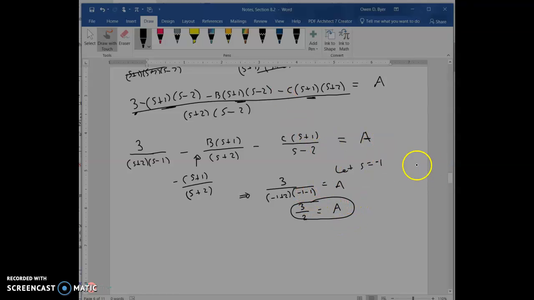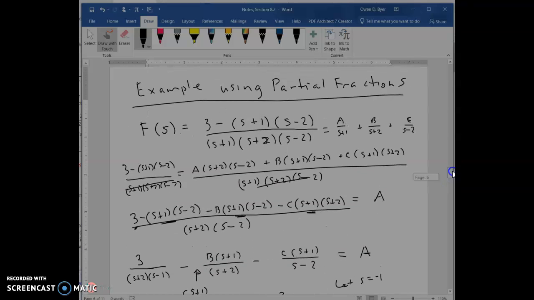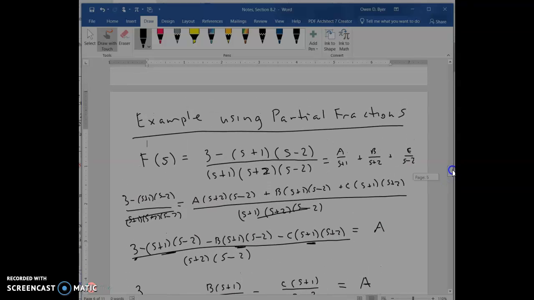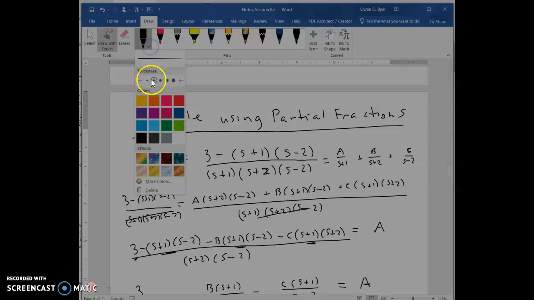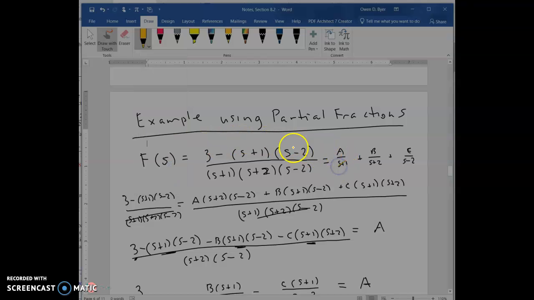And if we go back and look at our original, with the Heaviside method, what they say to do is, if you want to solve for a here, let me change my pen color to something more striking, that you ignore all the terms where, say, there's an s plus 1, so you're going to let s equal -1 to solve for a, so that this is gone. And you just ignore everything. So you're going to ignore that one, you're going to ignore this one, you're going to ignore this one,